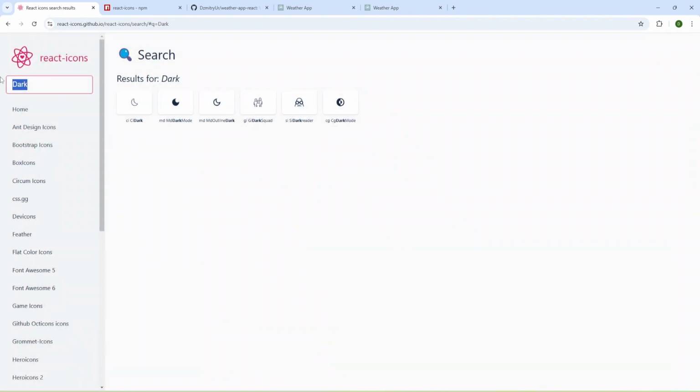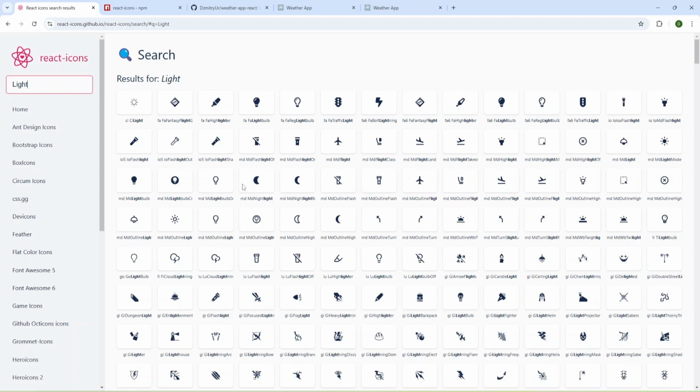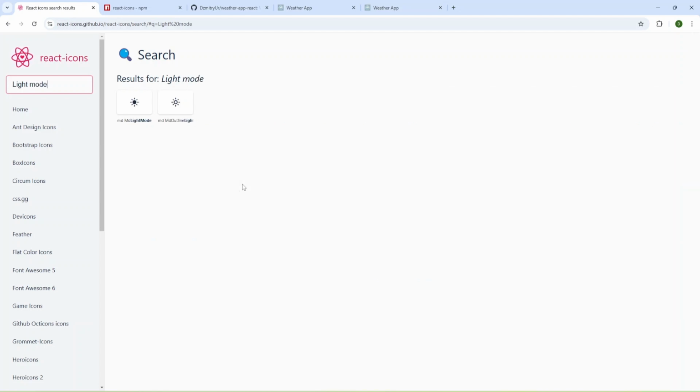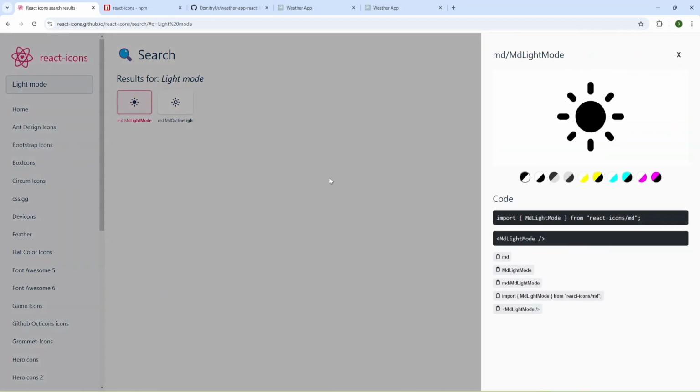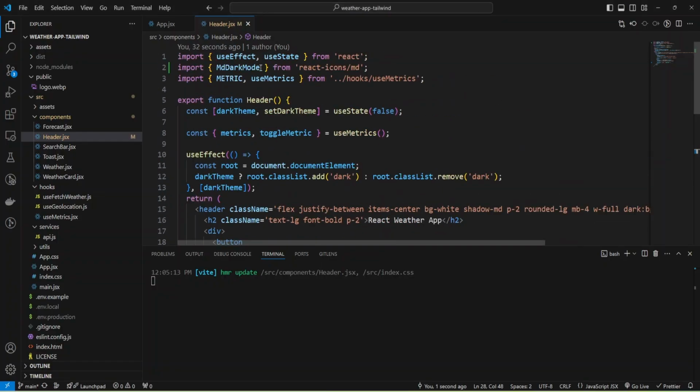Let me search for light mode. Okay, and now I can add this light mode to my existing dark mode.